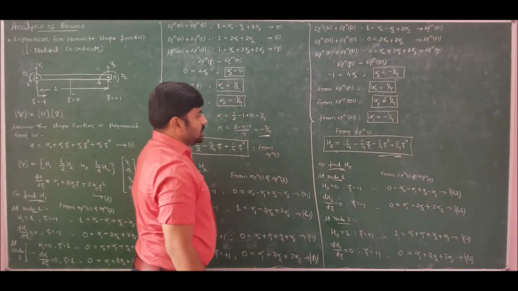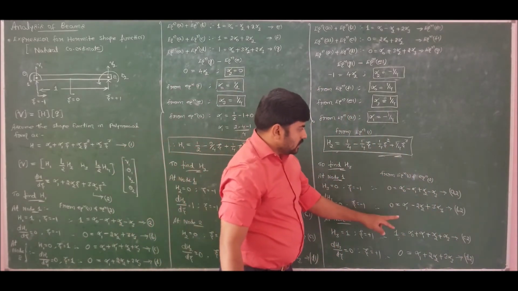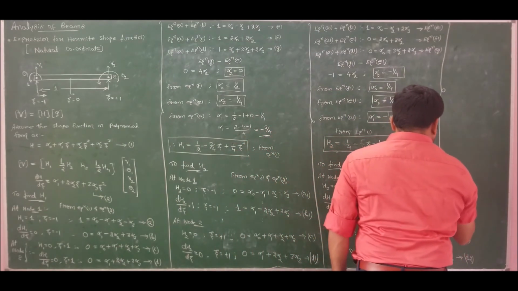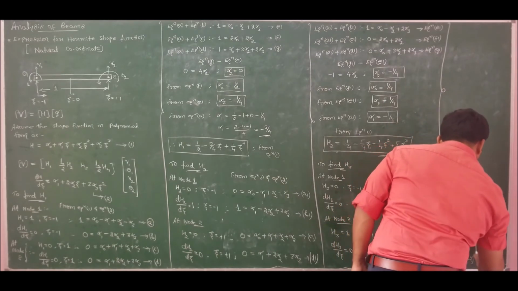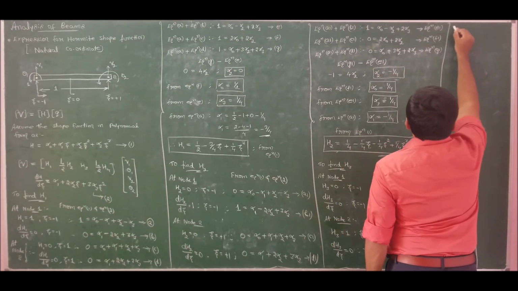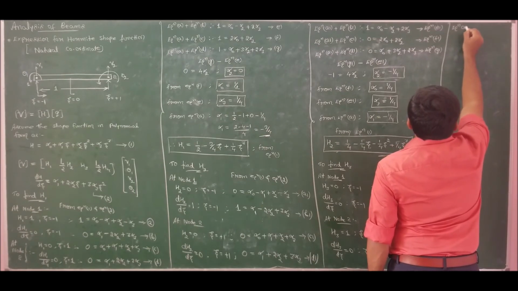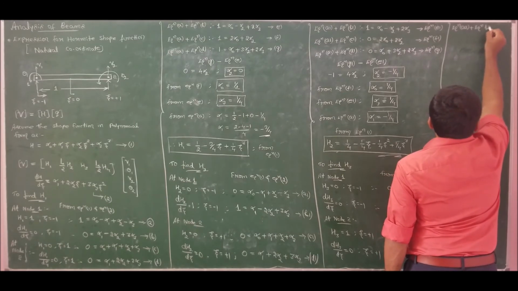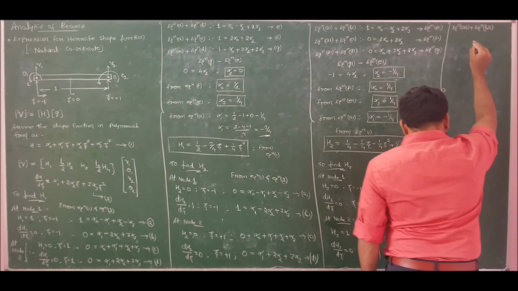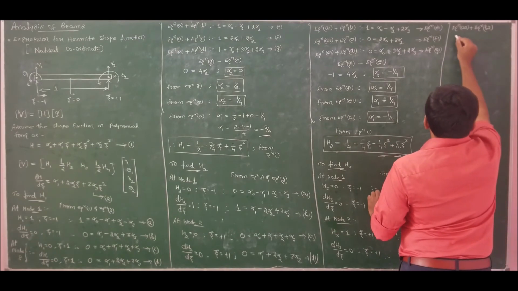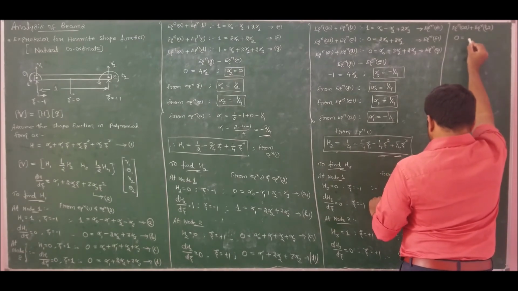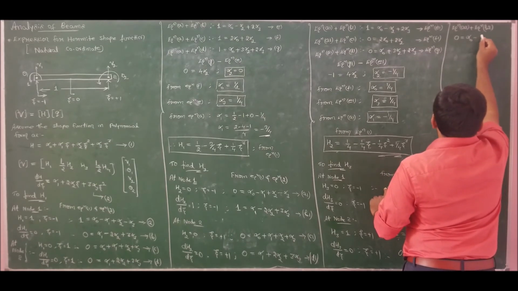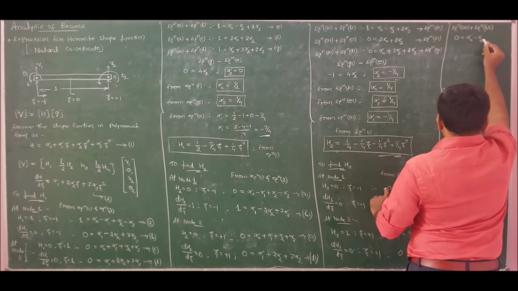So now repeat the same procedure what we have done. Add A2 to B2, A2 to C2, A2 to D2. So if I do that, I will get, from equation A2 plus equation B2, so equation A2 plus B2 will be 0 plus 0 is 0, 0 is equal to alpha naught, alpha 1 will get cancelled, minus alpha 2 plus 2 alpha 3.